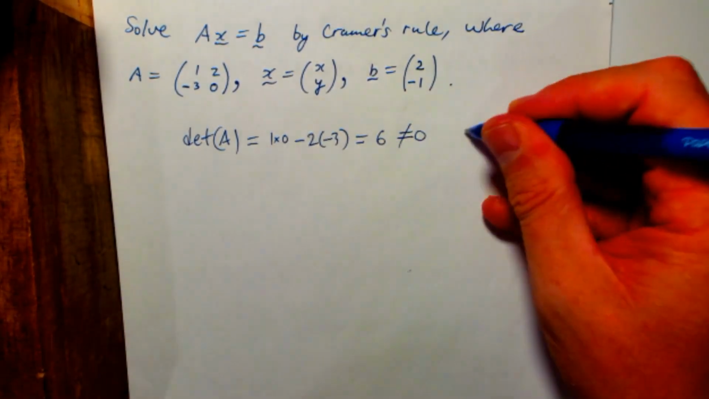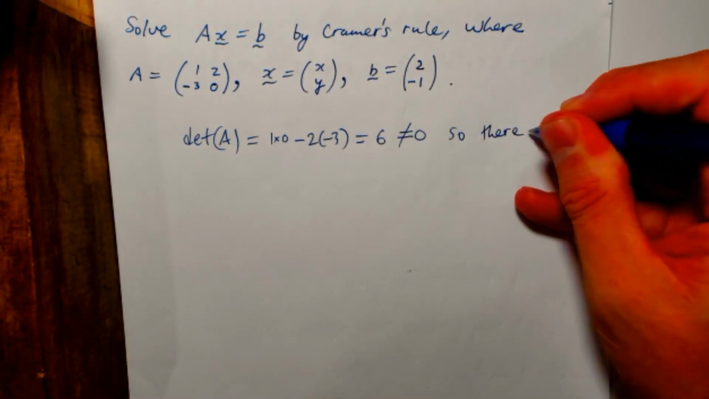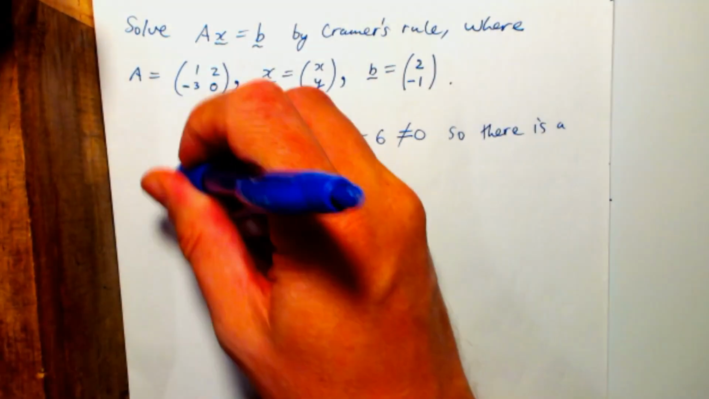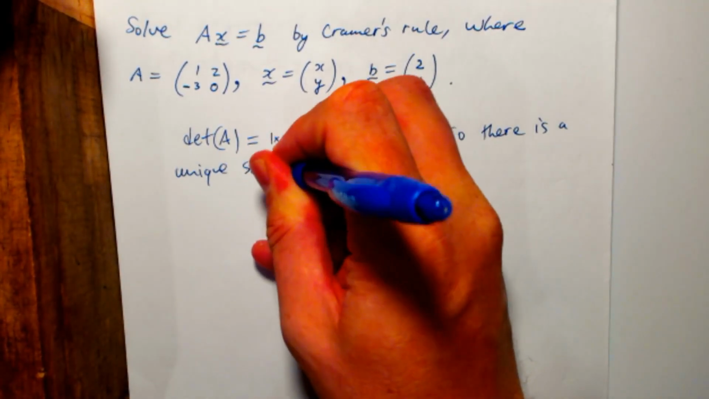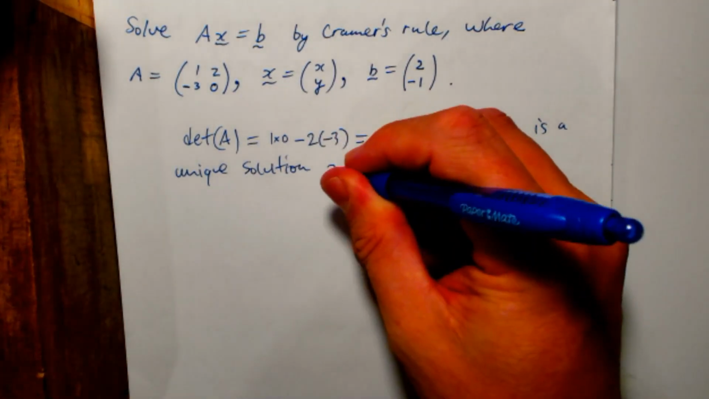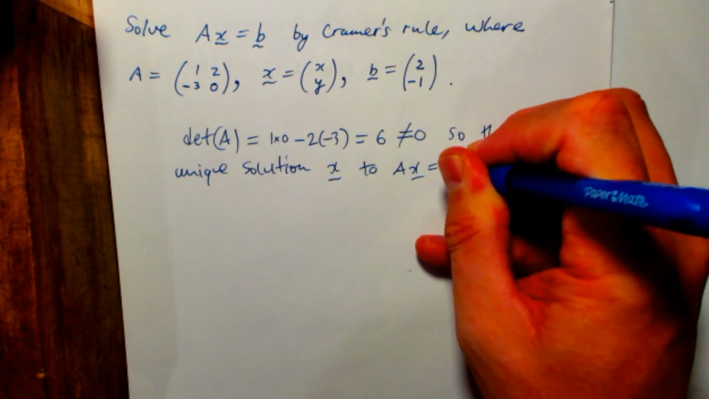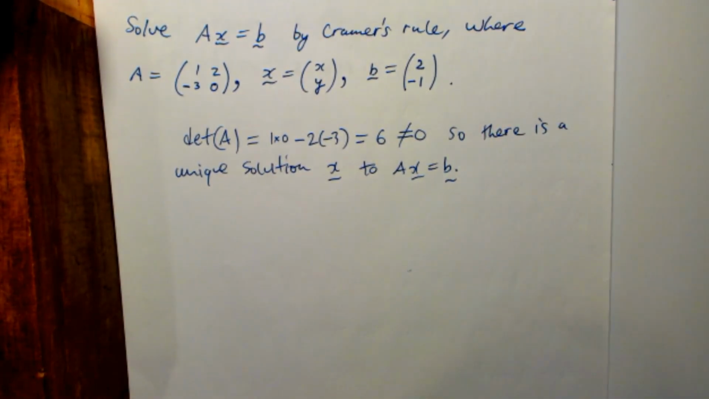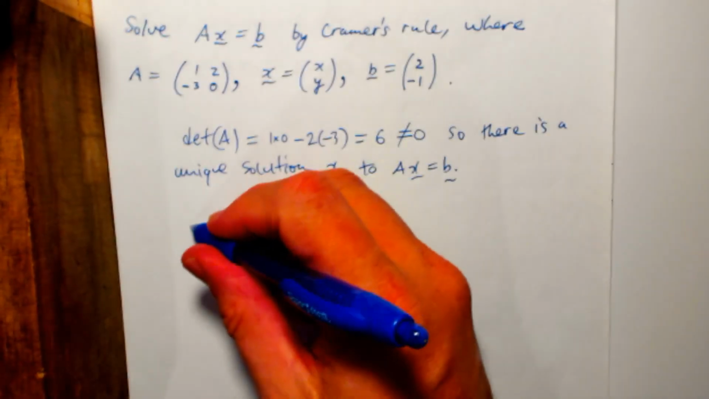That's non-zero, so we know there is a unique solution x to the equation Ax equals b. Alright, so now let's go ahead and find that by Cramer's rule. So remember, Cramer's rule would have us